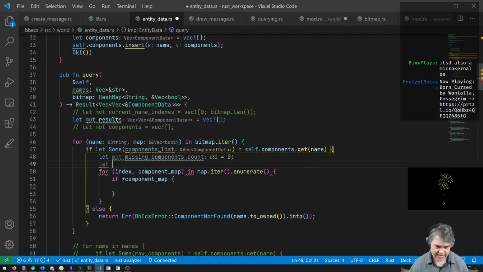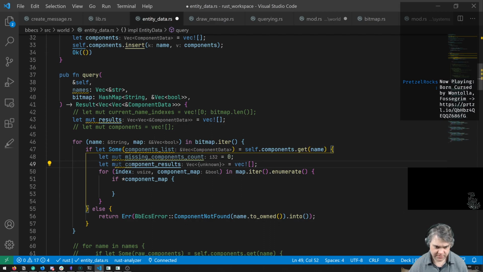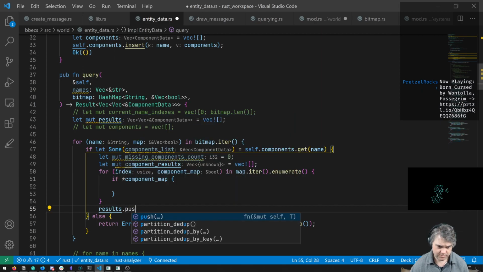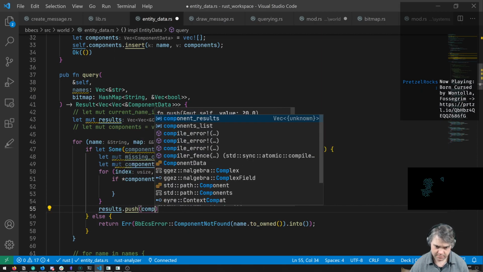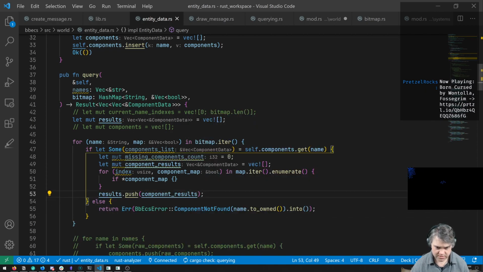So let mut component results, an empty vector. At the end of this, we're going to results.push component results. So now we know what they are.